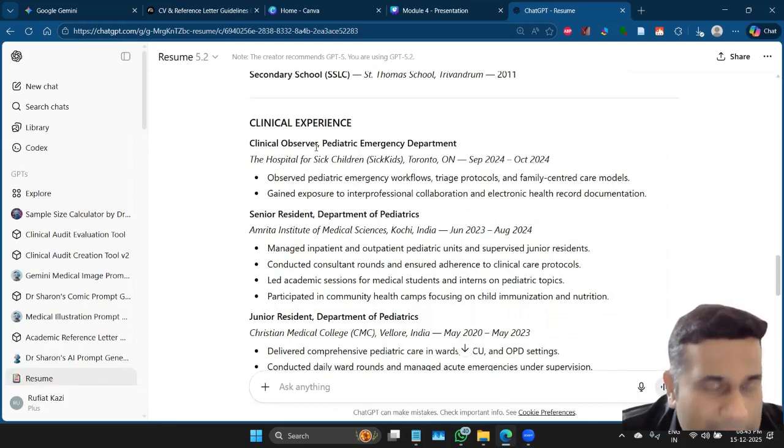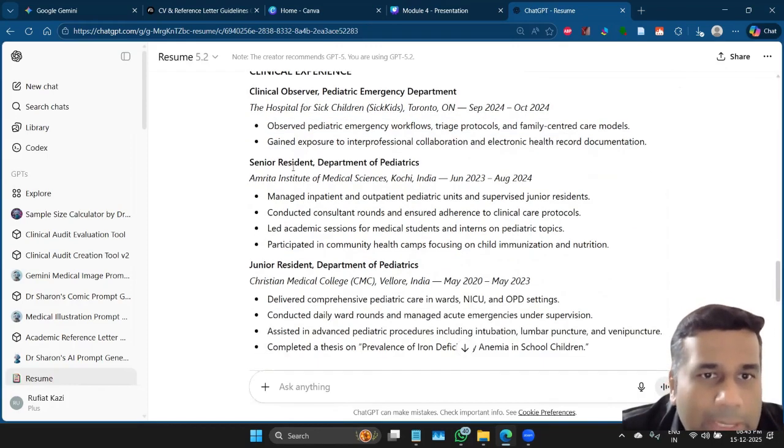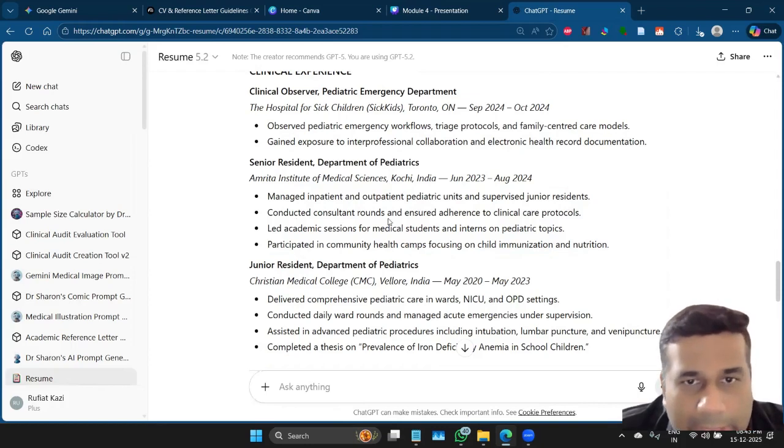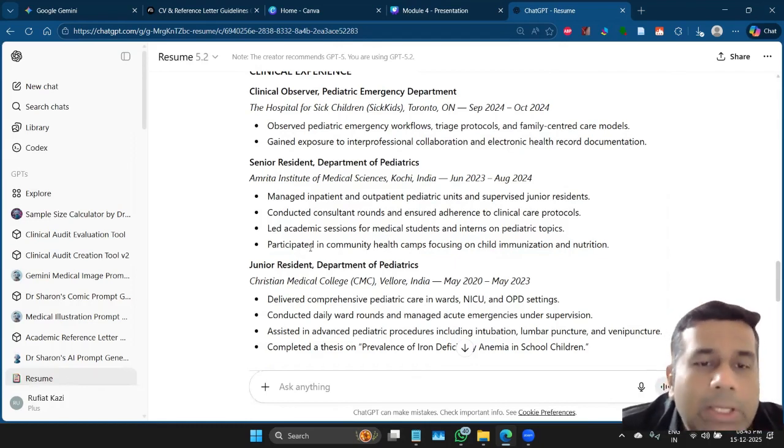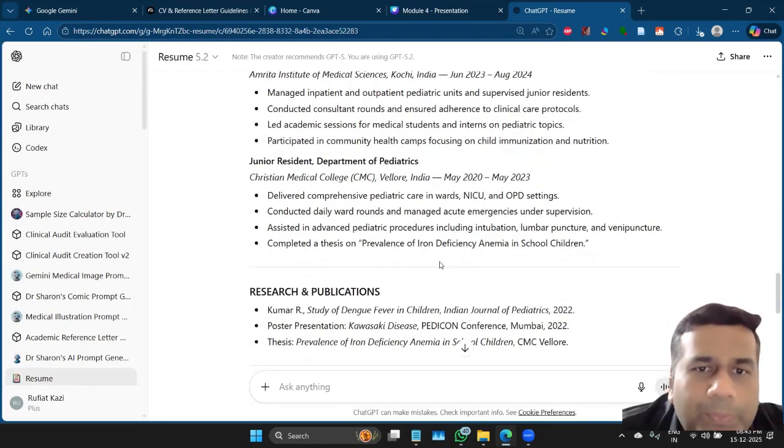Then a clinical experience section has been added. He is a clinical observer, so they added some key points, attractive points as bullet points, under the clinical observership. Then in the senior resident period, it again added some extra things the person has done as a senior resident, like managing inpatients, conducting clinical rounds and ensuring adherence to clinical care protocols, leading academic sessions for medical students and interns on pediatric topics, participating in community health camps,